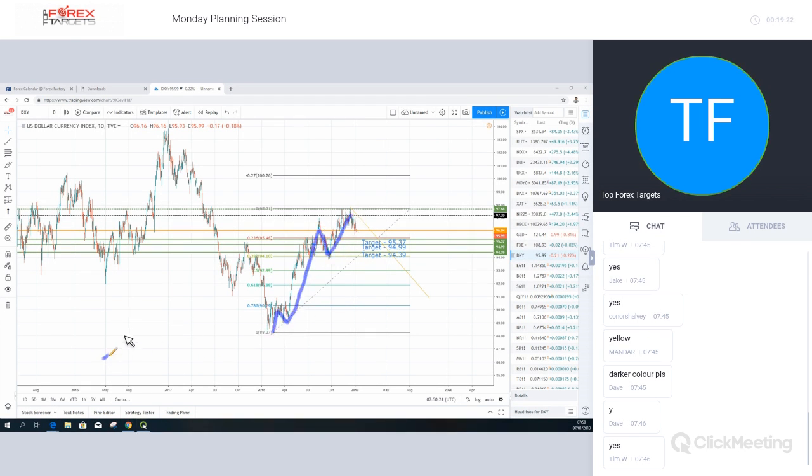So what do we know about waves? Well, if we have 5 waves up, this is an impulse wave. So we should be expecting, even if we have 5 waves down like this, 5 waves up to be followed by 3 waves, something like this. This will likely be the move that I'll be looking towards this year. It really depends on what the Fed policy is, but this is what I'm looking for it to be, based on what's happening so far.